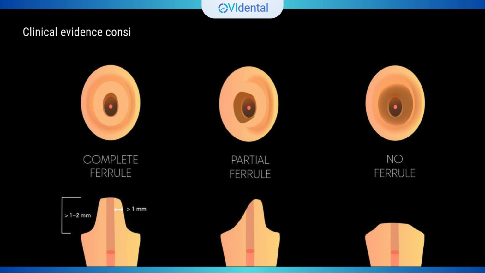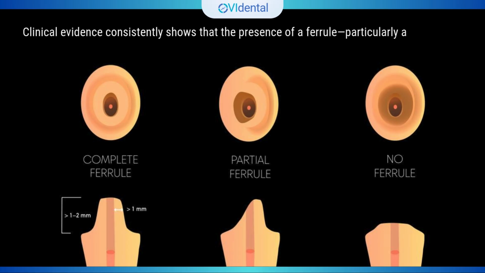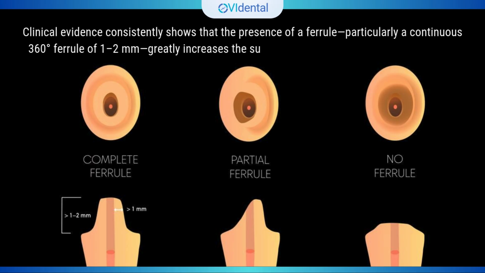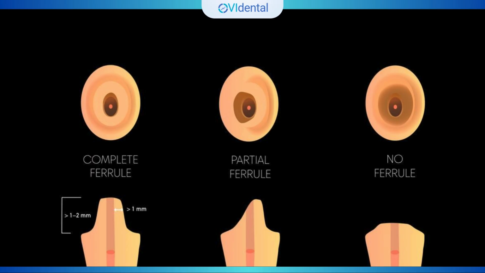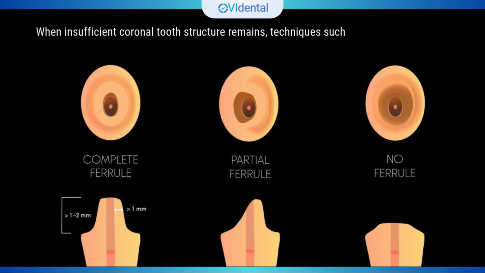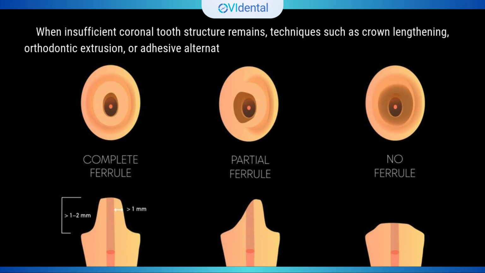Clinical evidence consistently shows that the presence of a ferrule, particularly a continuous 360-degree ferrule of 1 to 2 mm, greatly increases the success rates of post and core restorations. When insufficient coronal tooth structure remains, techniques such as crown lengthening, orthodontic extrusion, or adhesive alternatives should be considered to